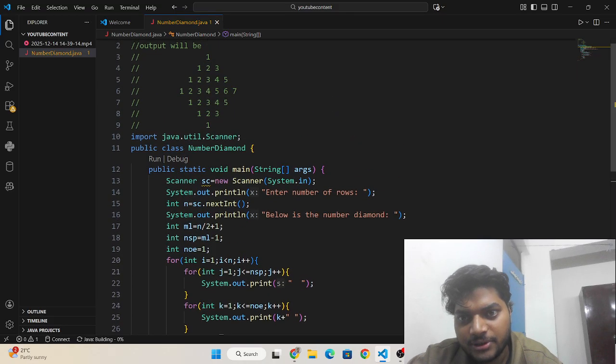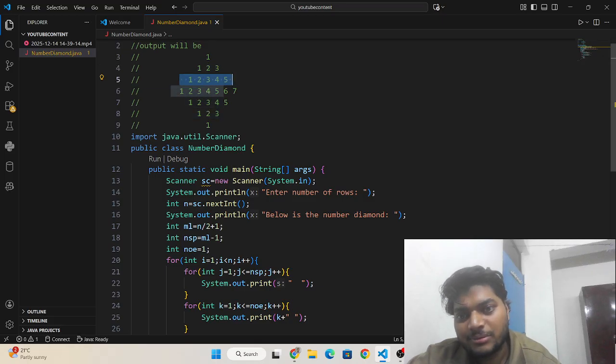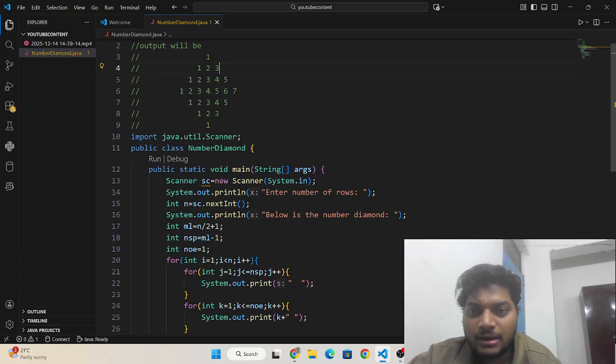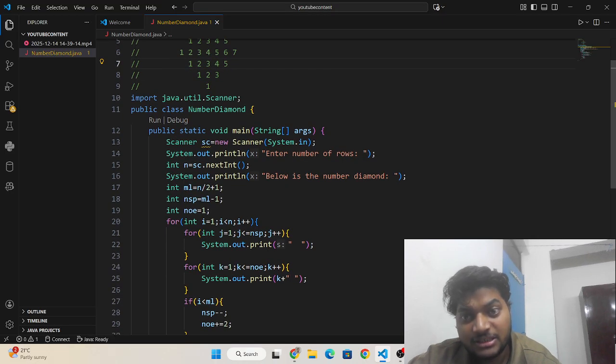You can see here, if we are in the first row the number of elements is 1, if we are in the second row the number of elements is 3, meaning it is increased by 2. If we are in the third row the number of elements is 5, and in the second we had 3 only, meaning it is increased by 2. And in the middle line it is increased by 2 also, and after the middle line it is decreased only. Okay, and the number of spaces is increasing. So